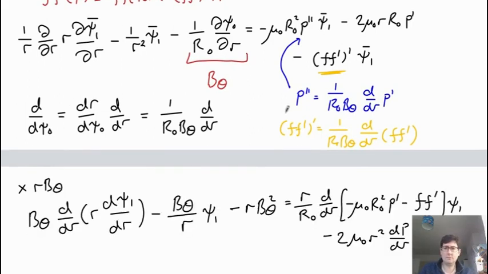So, okay, hopefully it's very clear where this came from. So this term here is just in order on the left hand side. The right hand side groups together this second derivative in p and this ff prime. So these two terms here we group together into this d by dr with a p prime and an ff prime. And then we have this term here, which has come from this term up here with the 2 mu naught r in front. And the p prime was a derivative in psi naught, and that has now become a derivative in r, and the b theta has come from this multiplying through by b theta.